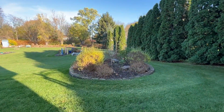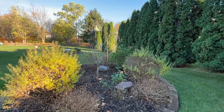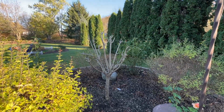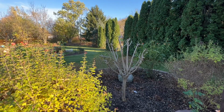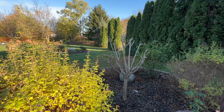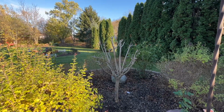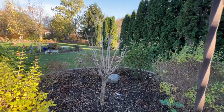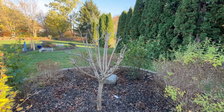The circle garden here, we've done a lot of trimming on this. In the middle there was the hydrangea tree. You can reference some of our summer videos to see what this whole garden looked like in its full glory if you want to envision it in full color. I recommend heading to the July or August video to see just what it looks like in its summertime prime. But in the center there is a Limelight hydrangea tree, and basically we took it back to about 2.5